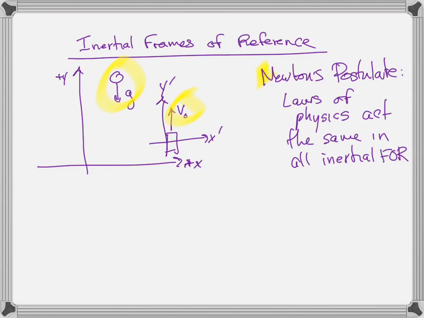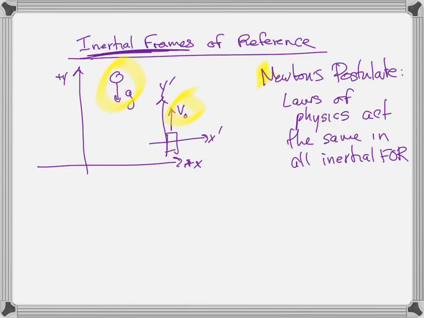So again, it's simply the frame of reference that we're making our measurements from that must be moving at a constant velocity. That's what an inertial frame is. It doesn't mean that the objects we're measuring have to move at constant velocity. They can accelerate. So I can make measurements from the lab. I can make measurements from a moving train that's moving at constant velocity. I can make measurements from a moving plane that's moving at constant velocity. I can make measurements from a moving spaceship that's moving at constant velocity, etc. That's what we're talking about when we're talking about inertial frames of reference.